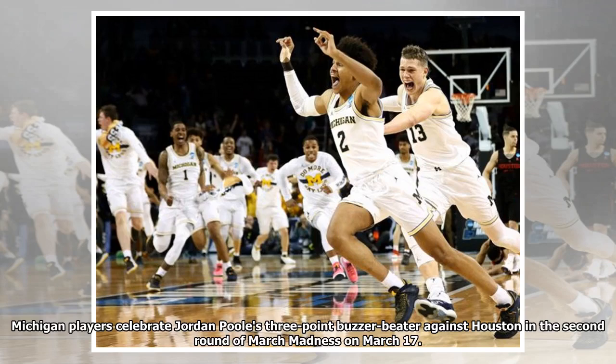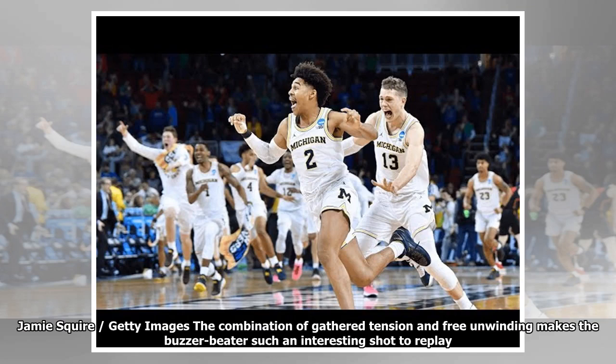Michigan players celebrate Jordan Poole's three-point buzzer beater against Houston in the second round of March Madness on March 17. Squire, Getty Images. The combination of gathered tension and free unwinding makes the buzzer beater such an interesting shot to